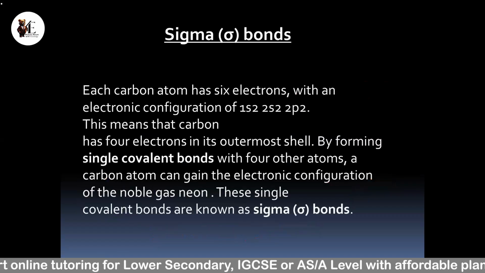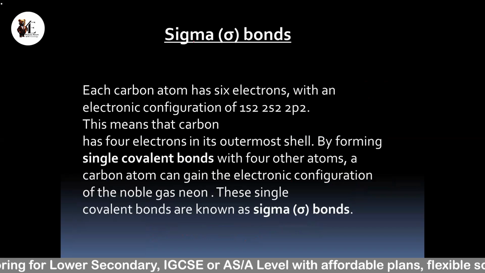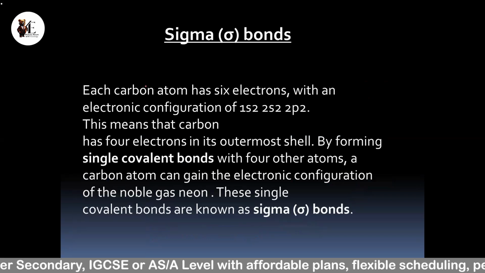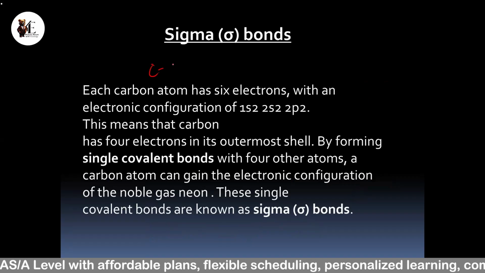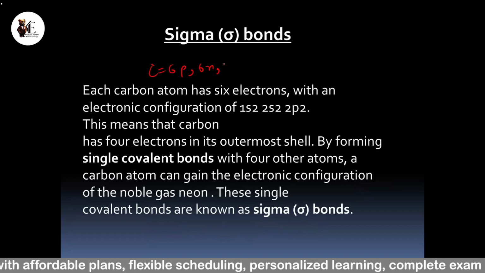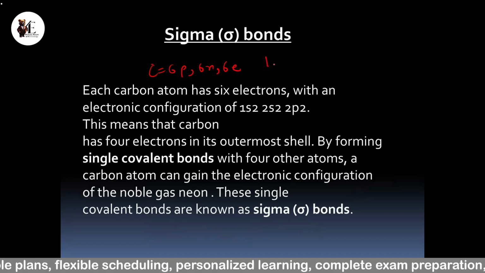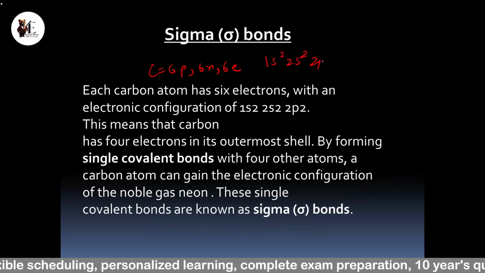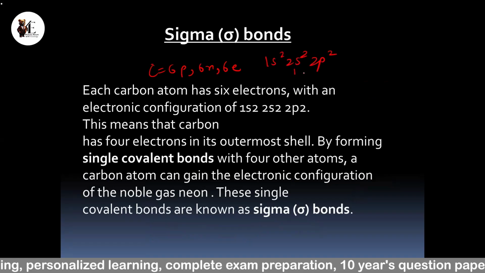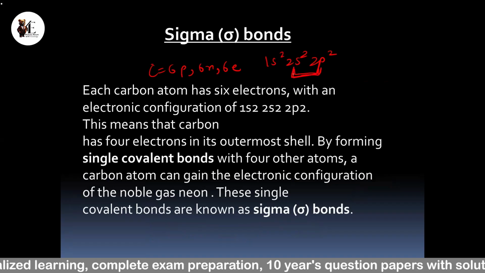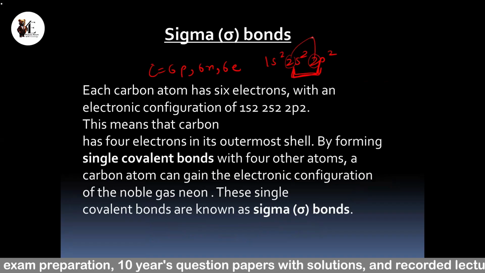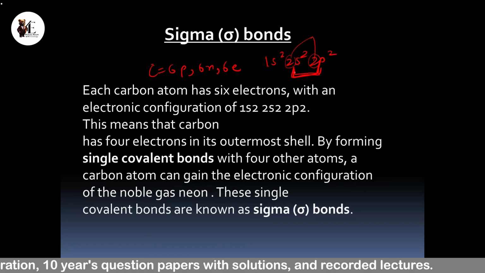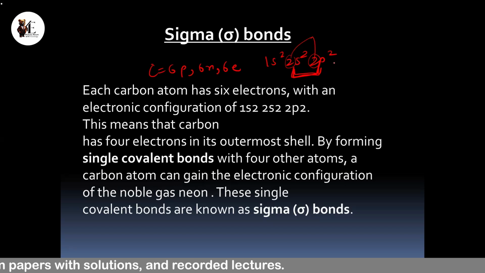Now let us study about the sigma bonds and pi bonds in organic chemistry. In carbon chemistry, that is organic chemistry, carbon has 6 electrons, 6 protons, 6 neutrons, and the electronic configuration is 1s2, 2s2, 2p2. It means that carbon has 4 electrons in its outermost shell, because this is my n, which represents the principal quantum number, which represents the energy level. So this carbon atom has 4 electrons, 2 in the s subshell and 2 in the p subshell in the